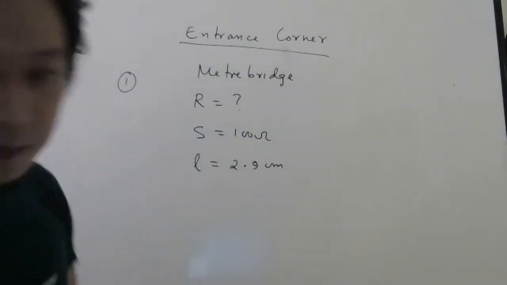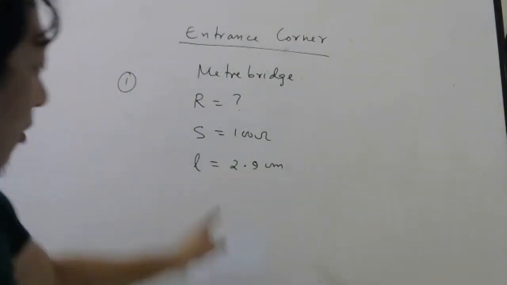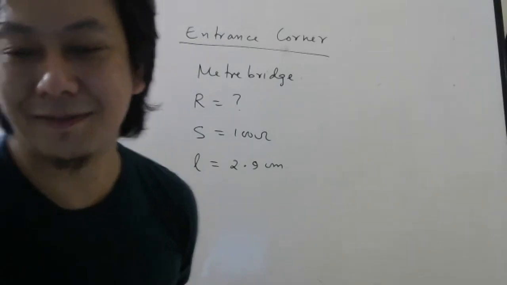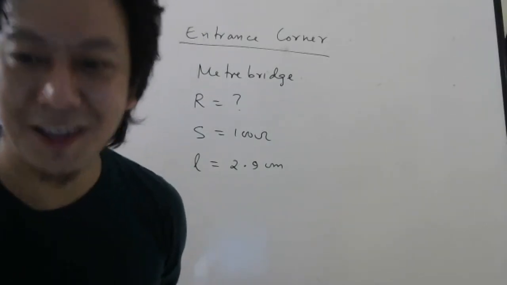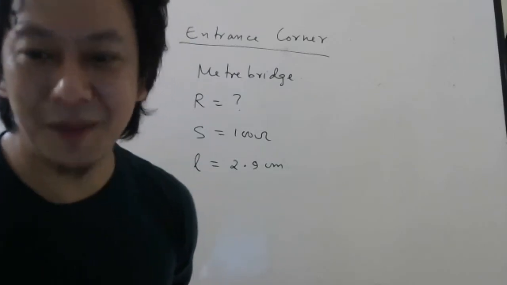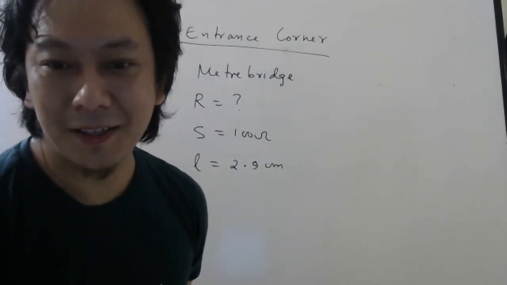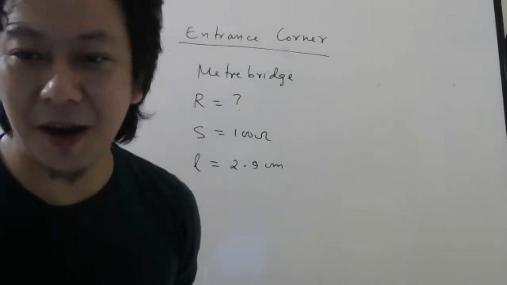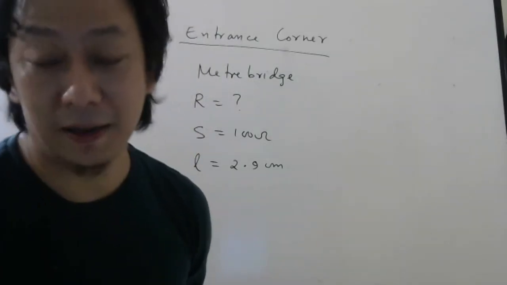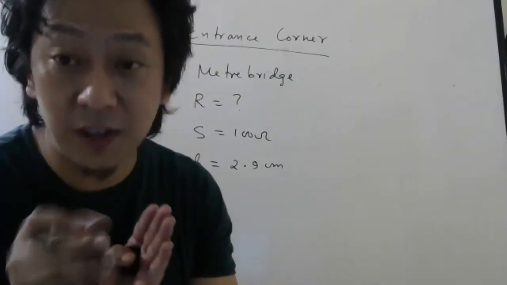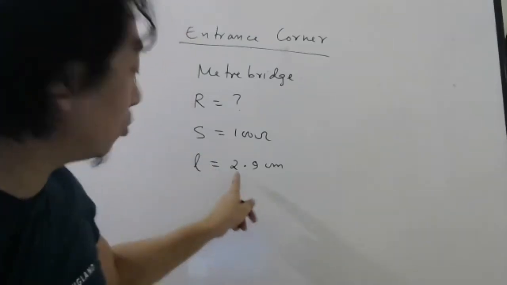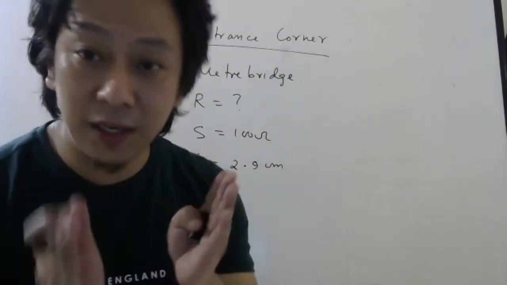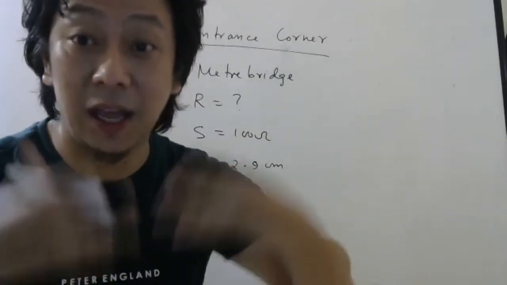Now this kind of null point is good or bad? So what do you mean by good or bad? You only answer, yesterday's class. If you have heard properly, you will be able to answer. This kind of balance point is good or bad, students? It is bad, because balance point should be always near the midpoint, near 50. So this is too close to the one end. When it is very close to one end, your error will increase.